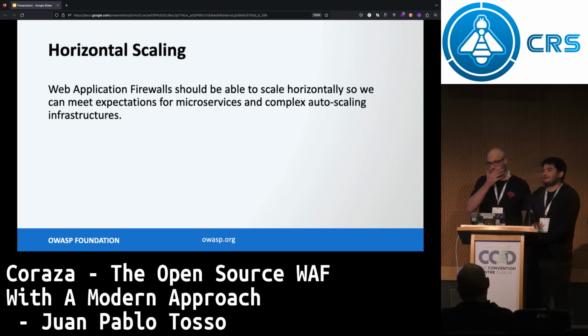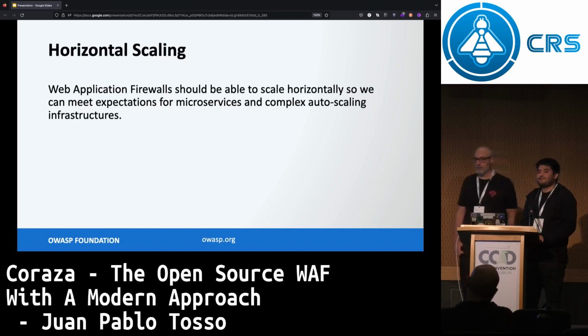And horizontal scaling. Something very important for WAF. In the 20th century paradigm, we used to talk about how WAFs require scaling vertically by extending the resources. Like in ModSecurity, if you want it to be faster and handle more requests, you add more memory and CPU.